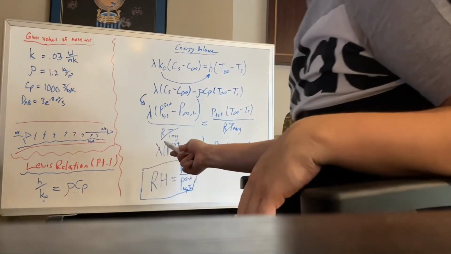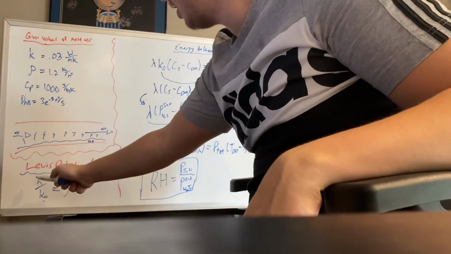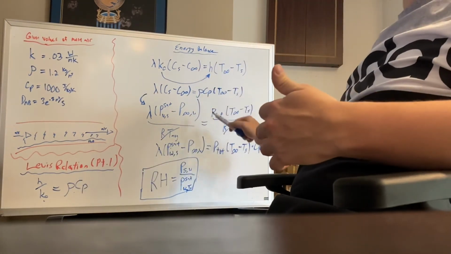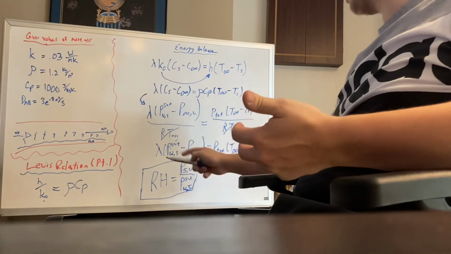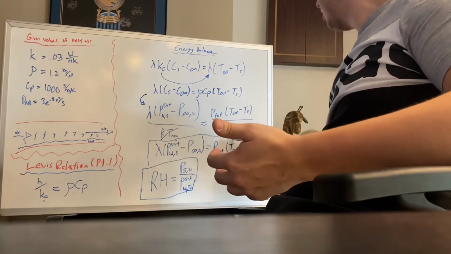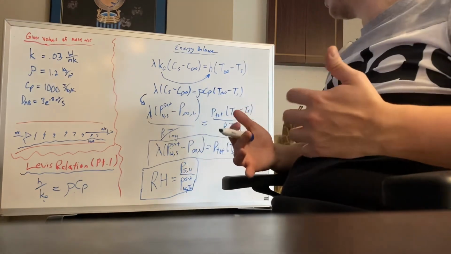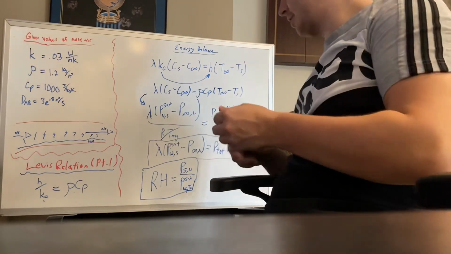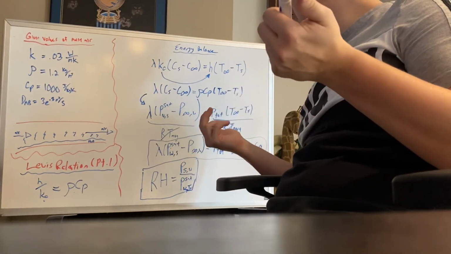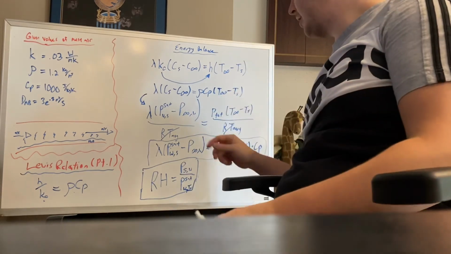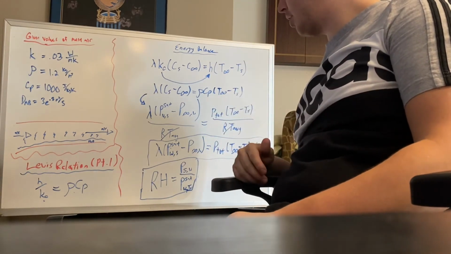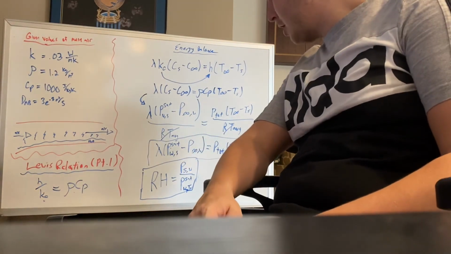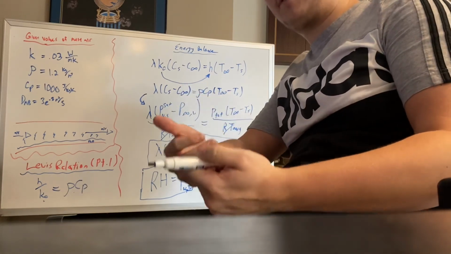We found this once again by using the Lewis relationship that we found in part 1. The heat transfer coefficient over the mass transfer coefficient is equal to rho Cp. We incorporated that here and condensed it and changed around the equations a little more to find this, which relates the two wet bulb and dry bulb temperatures. And we took these values from what we find here and we can put that into our relative humidity equation, and it gives us this, where we take that partial pressure of the water, divide that by the partial pressure of the saturated water at whatever temperature the water is at that point, and that gives us a relative humidity. And so we will use this further in part 3, 4, and 5,